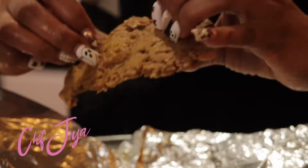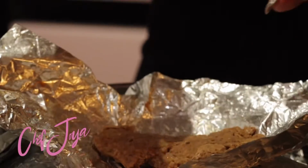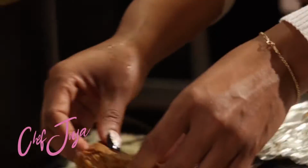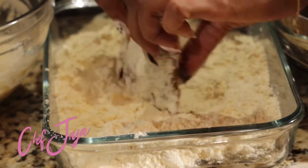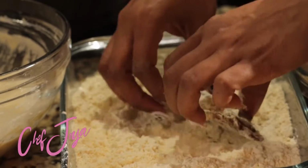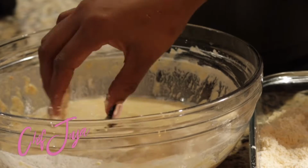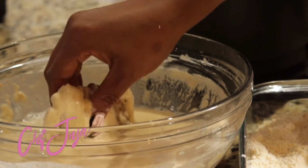Now you see the seitan doubled in size. That's why I said do it thin. And don't worry about this being perfectly even, because it doesn't matter, because it's going to get coated in flour. So the way that I batter my vegan pork chops, I'm going to go ahead and put it in my dry batter. Then I'll put it in my wet batter, back into my dry batter,